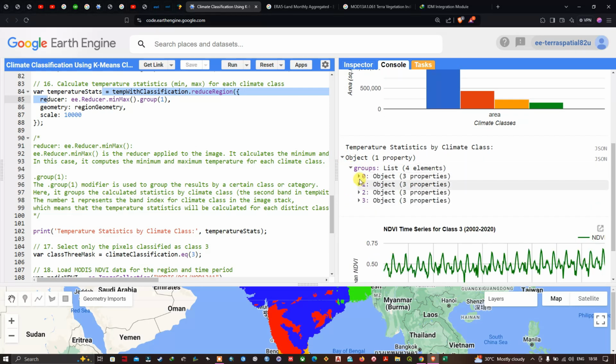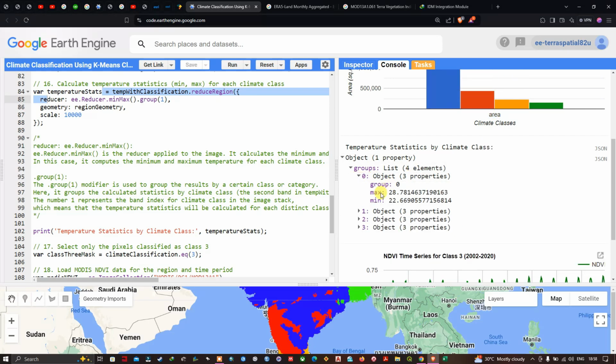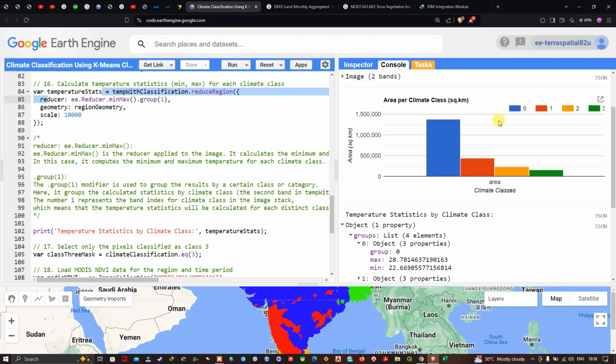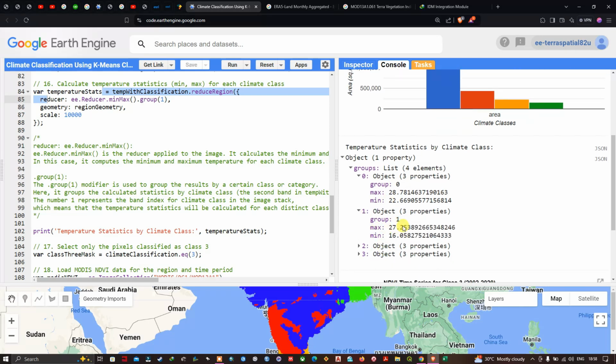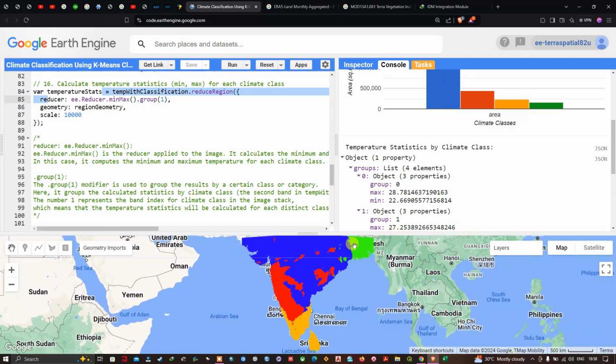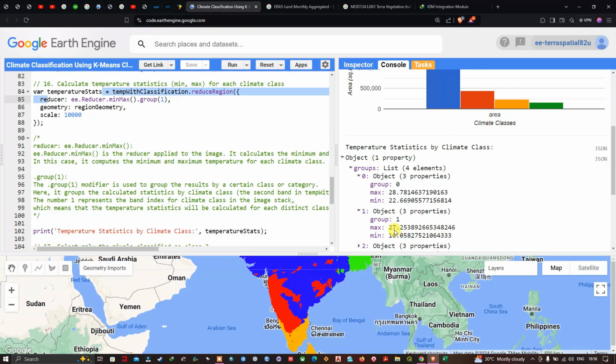The group 0, which represents class 1, that is the blue color, has a maximum temperature of around 28 degrees Celsius and a minimum temperature of 22 degrees Celsius. Similarly, group 1 has a maximum temperature of 27 degrees Celsius and a minimum of 16 degrees Celsius. You can visualize the temperature in these regions, the green areas. So this is the second class, which is red, has a maximum of 27 degrees Celsius and a minimum of 16